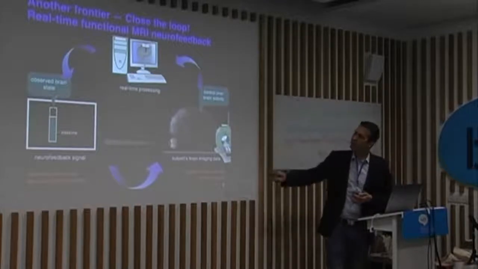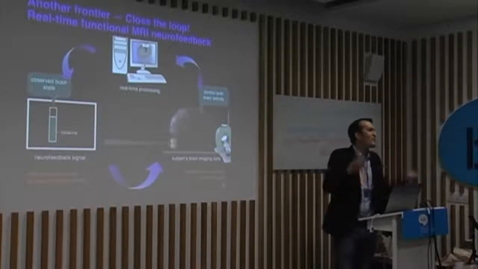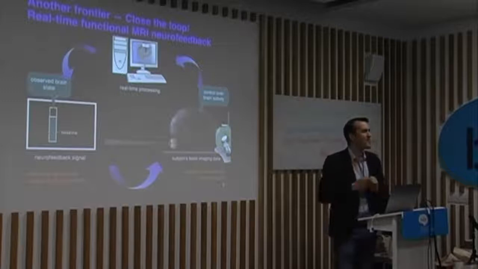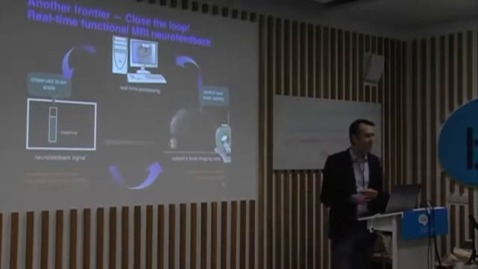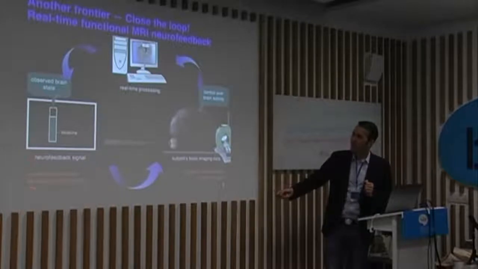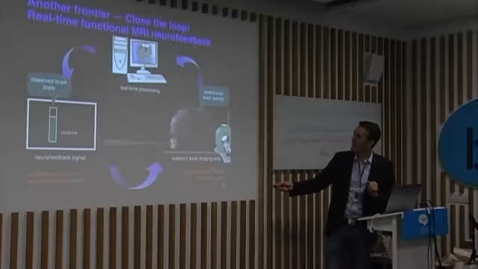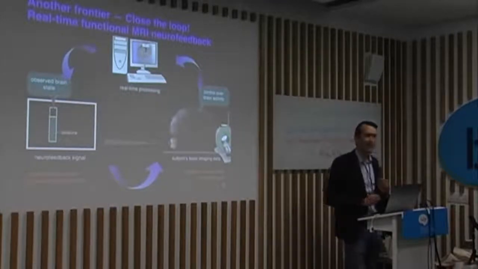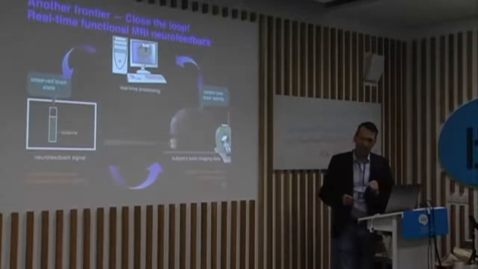If you ask a subject to learn to regulate the signal, for instance, upregulate it, and if he feels rewarded by succeeding in doing so, and since you close the loop, he has a certain sense of agency after a while, and he can actually learn to regulate many types of neurofeedback signals in this way. So it's really about enabling a conscious access to his own brain activity, or her, and then as a consequence of that, being able to regulate the associated brain activity that you visualize in the neurofeedback